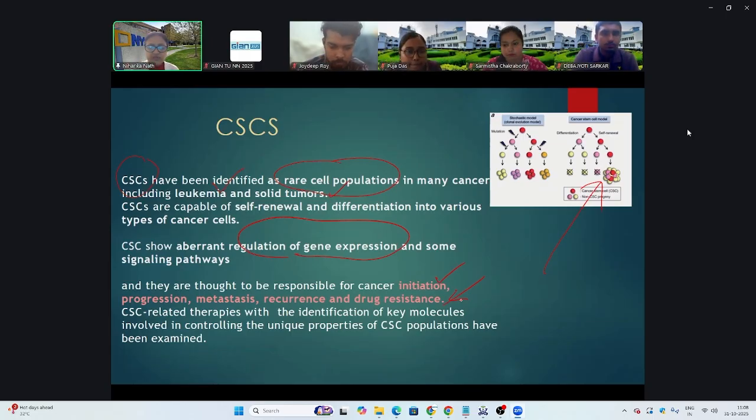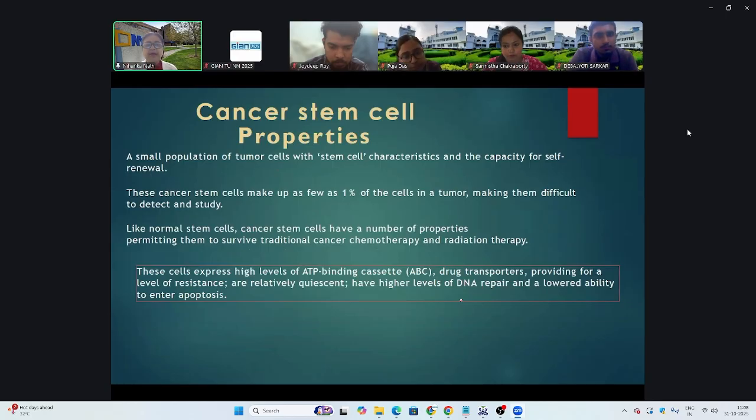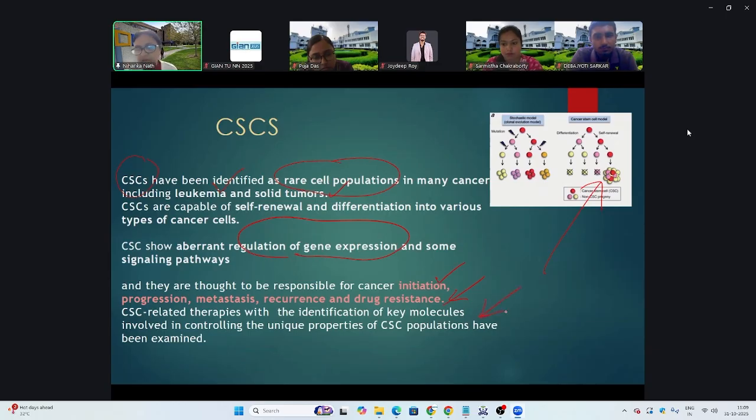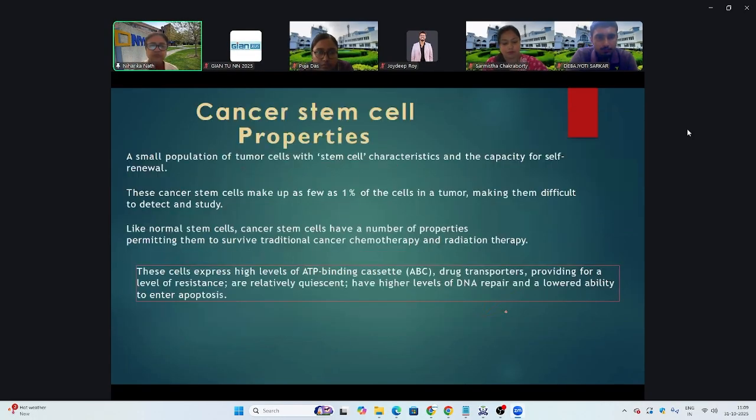So cancer stem cell related therapies have been designed. They did not work too well. I told you the other day also. Somehow they did not work. They did not work too well. So I think I'm almost done. Oh no, I'm not done. Okay,